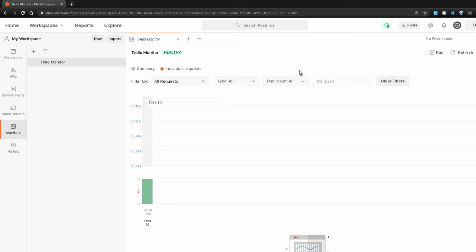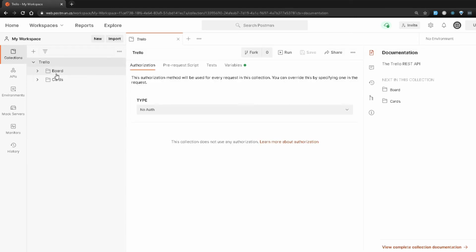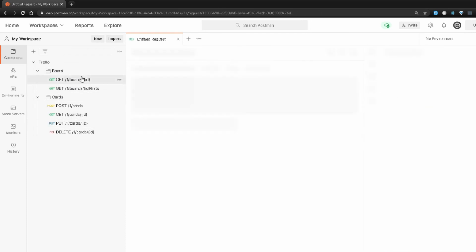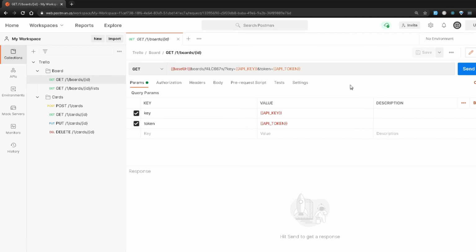So what I want to actually mention is, other than just the monitoring system, which we just looked at, and this will run every hour like I mentioned, there are other things that we can do using this web app too. So if I go to these collections here, I have options to see all my collections. So I can see the boards, the cards, and all of that stuff that we created.